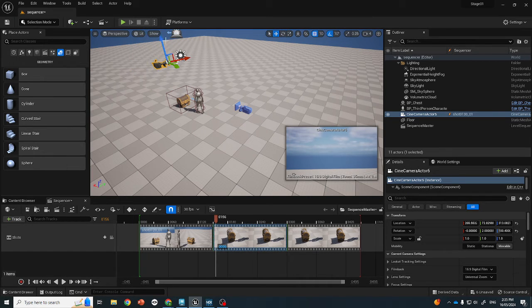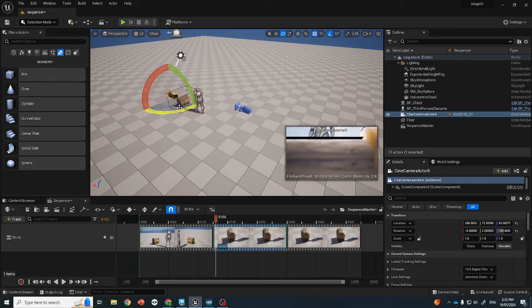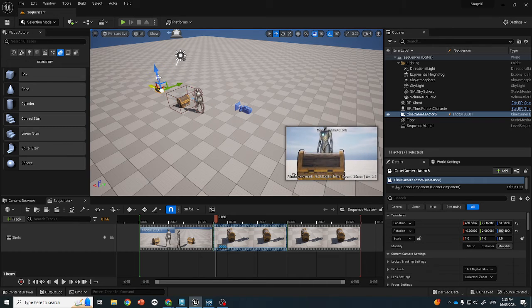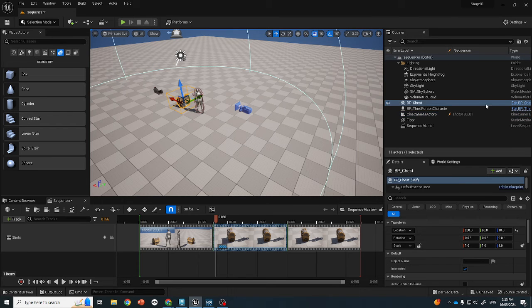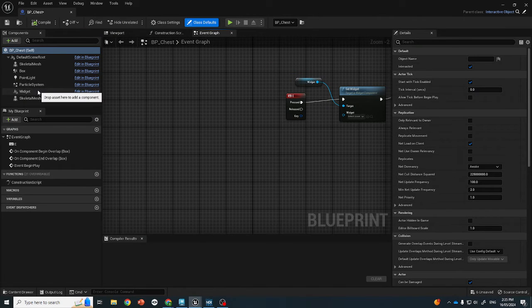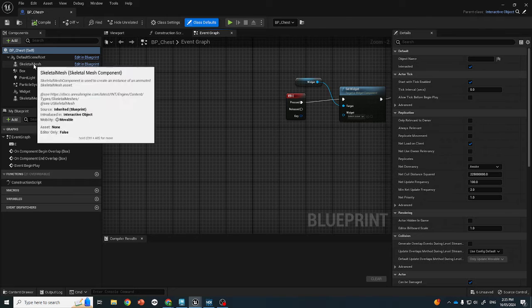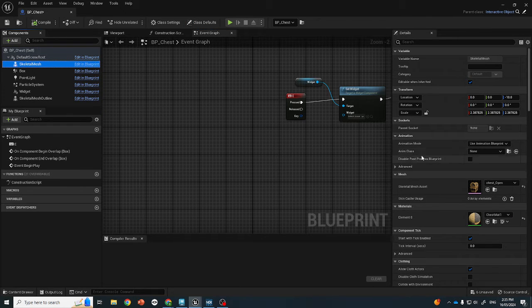I'm going to get that into a flat position there, and then I'm going to go back to world so I can actually get this here, and then I'm going to rotate it around so it's facing the character there. Basically what I want is the reaction shot from the character when they look inside the chest. Now, the problem with that is I can't tell if the lid is going to obscure my view. So I'm going to click on my little chest, and I'm going to go Edit Chest, go to my skeletal mesh, and just for now, and this is going to look a bit weird because the outline one here isn't going to follow,